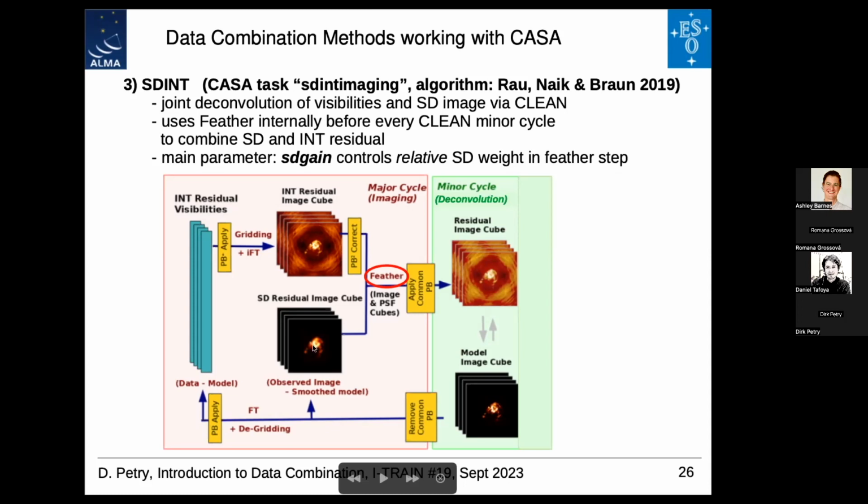So here, after obtaining the residual images for the individual components, they are feathered together to create the input for a normal deconvolution minor cycle, and various deconvolvers have been implemented here. I'll come back to this in a moment. And so this deconvolution runs as usual. And then when we come out again,